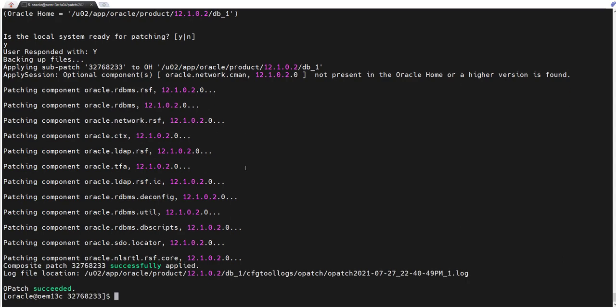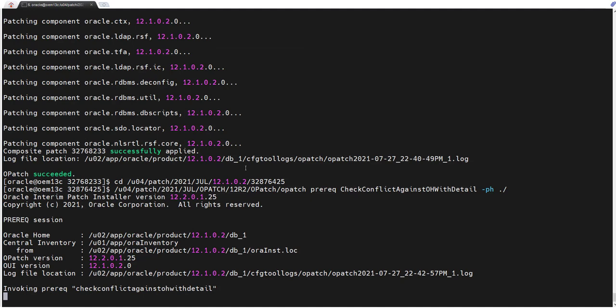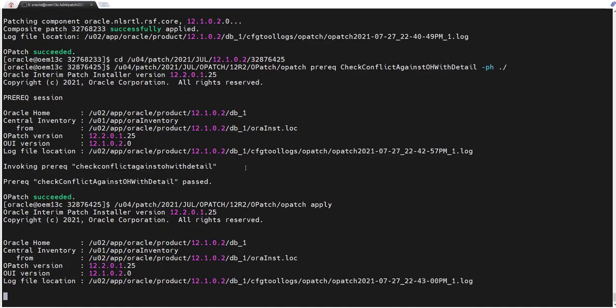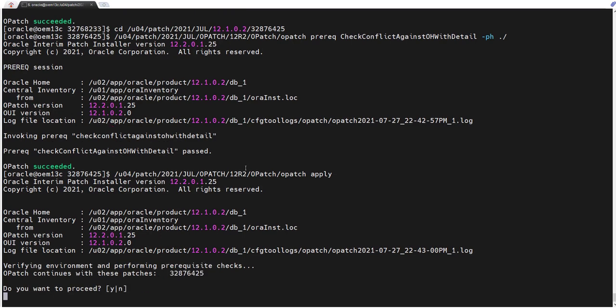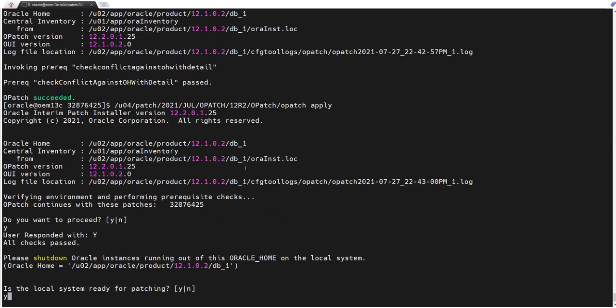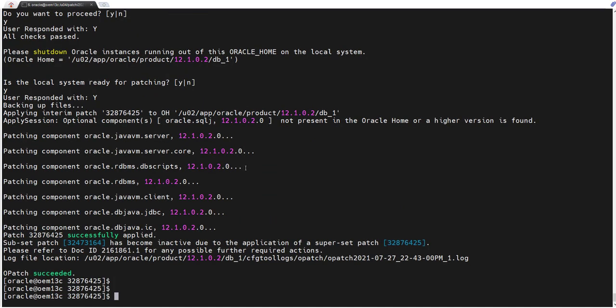Okay, PSU done. Now let's apply the OJVM. Run the prerequisite check, succeeded. Okay, now apply. Okay, done. Now RDBMS is done, grid infrastructure is done.